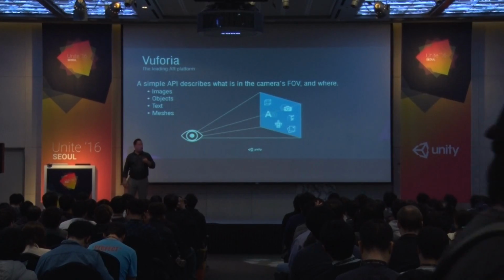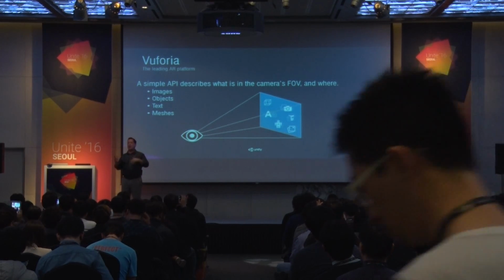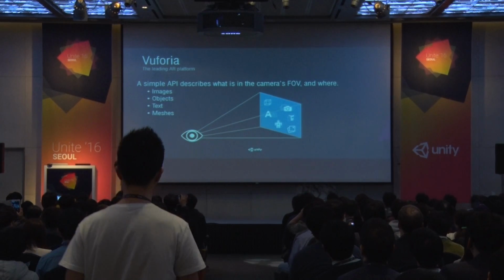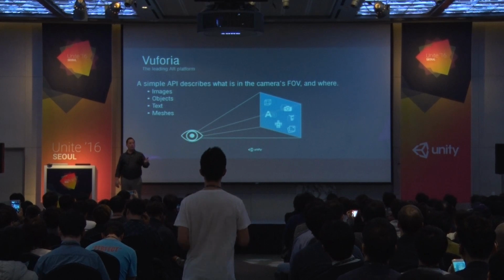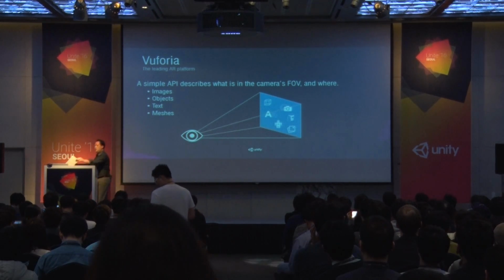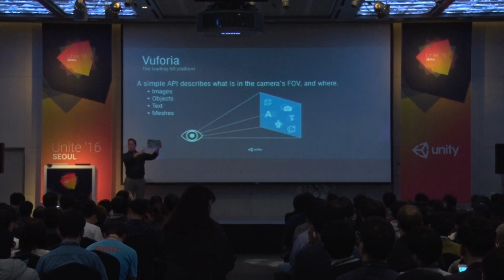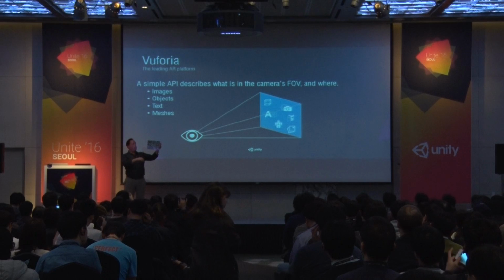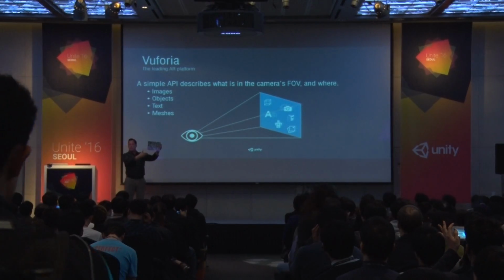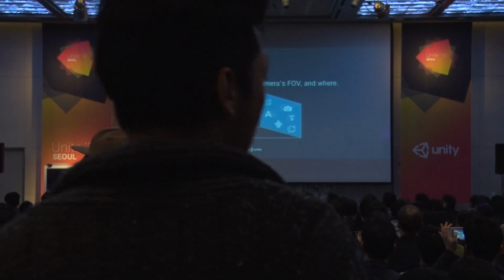And currently, we support the recognition and tracking of a variety of images and objects. So when I say recognition, what I mean is that we can actually uniquely recognize an image like this. You can add this to our platform, and we can tell you, oh, this is the Stones image. We can recognize it from millions and millions of other images that may even look very similar.